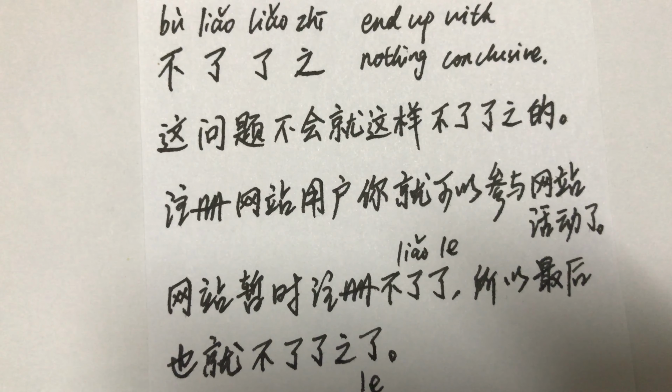不了了之, end up with nothing conclusive. The problem won't just disappear. 这问题不会就这样不了了之的。Just register an account so you can join their marketing campaign. 注册网站用户，你就可以参与网站活动了。The website doesn't accept new registration at this time, so I end up giving up. 网站暂时注册不了了，所以最后也就不了了之了。不了了之，不了了之。